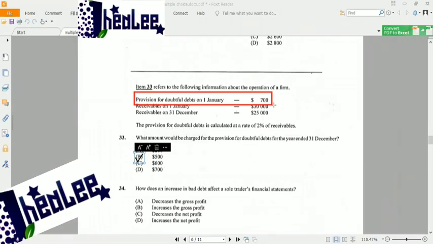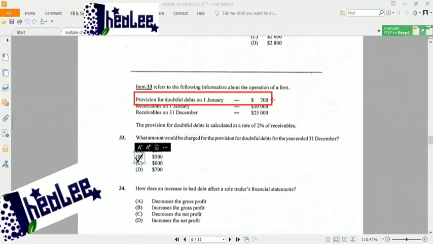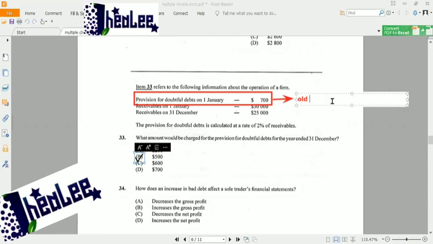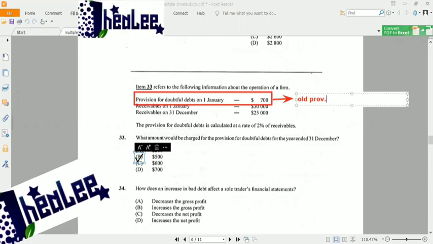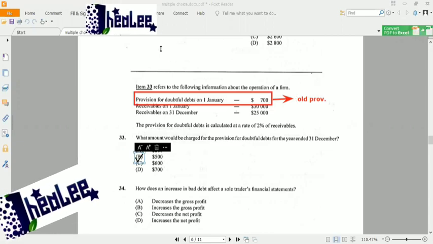So that would be your old provision for bad debt. So this is your old provision. All right? The 500 that we have calculated